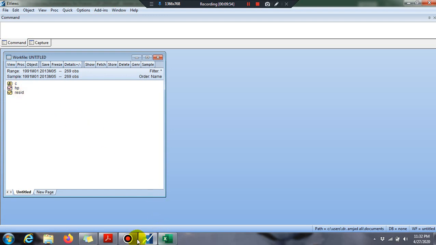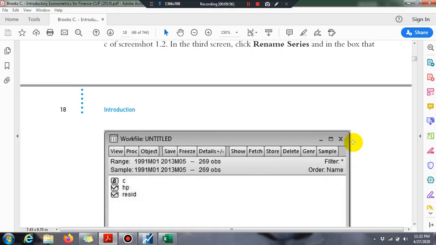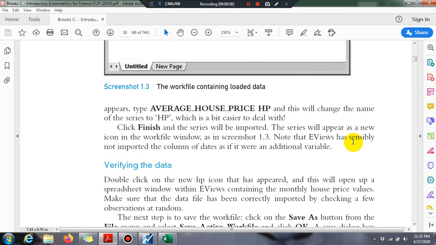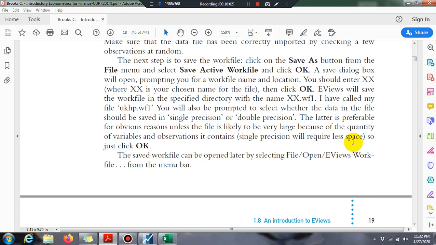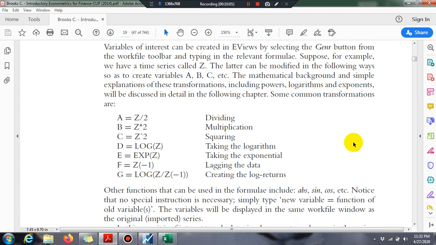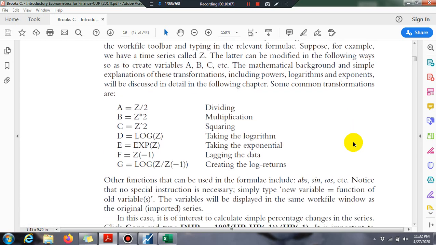Okay, let's see what Brooks' next demand is. Here he's mentioning that there are a number of commands which can be used in EViews. For dividing you can use this sign, for multiplication you can use this sign, for the square you can use this sign, and for taking the log you can write log